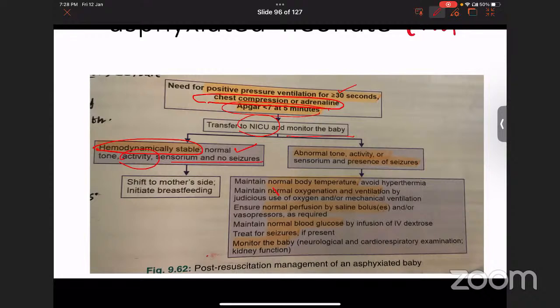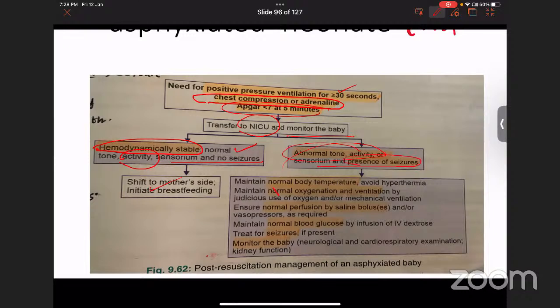after 48 hours, most of the time, if the seizure doesn't happen within 48 hours and everything is normal, and you have started trial feeds and the child is taking the feed, then it is better to shift the child to the mother and initiate breastfeeding. But during the NICU stay, if the child develops abnormal tone and activity, and also has the presence of seizure,